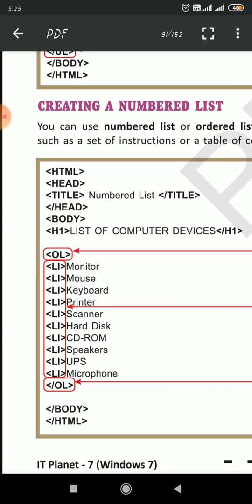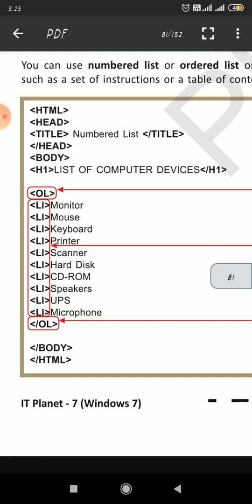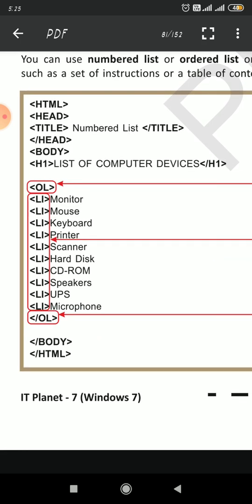In the above UL, we can represent the items in any order and they will be displayed. But if you have to write the names of students according to the roll number, how will you display that in your web browser? So you need a numbered list.